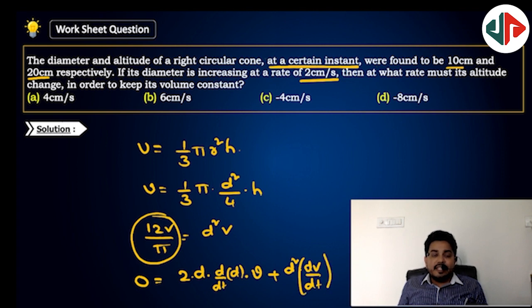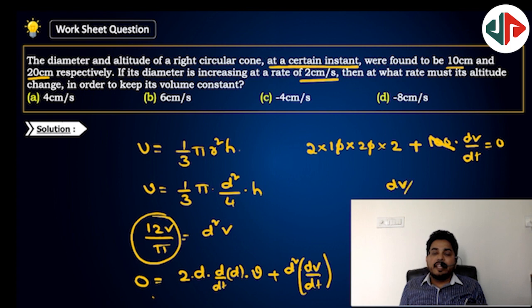So now what happened? At some moment it is given. So here you look at here, 2 into d, what is the diameter? 10 into v is 20 into, the diameter is increasing at the rate of 2 centimeter per second, plus d square is 100 into dv by dt is equal to 0. So 0, 0 cancel with this one. So dv by dt, okay, sorry, dh, sorry,